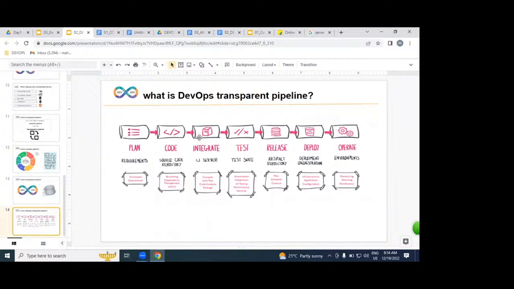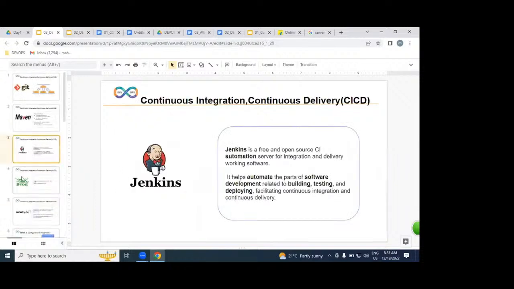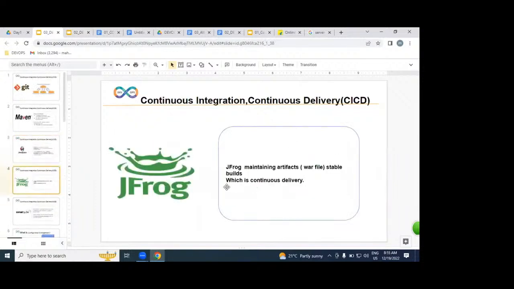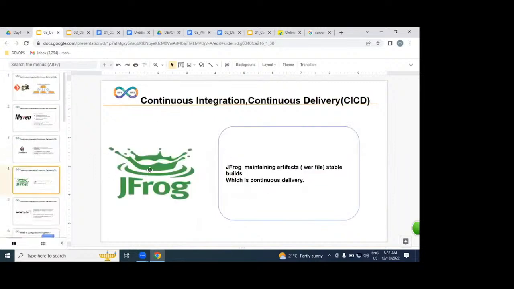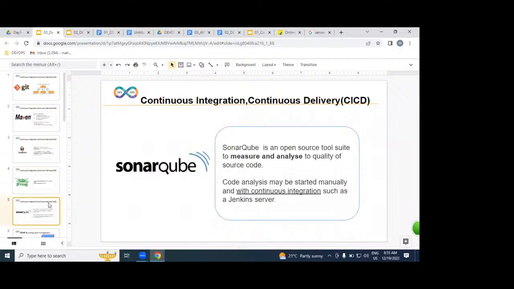Once it is automated, we hold our working software in release. The release is nothing but JFrog. And we are also going to learn SonarQube. SonarQube is a code analyzer.